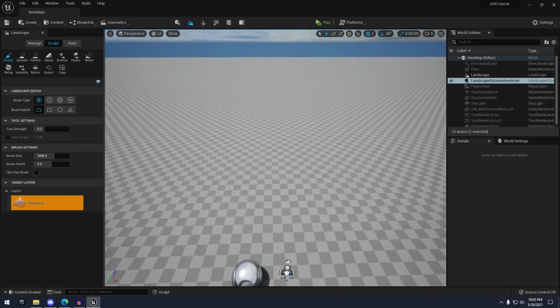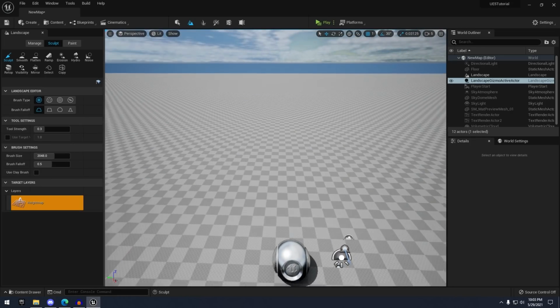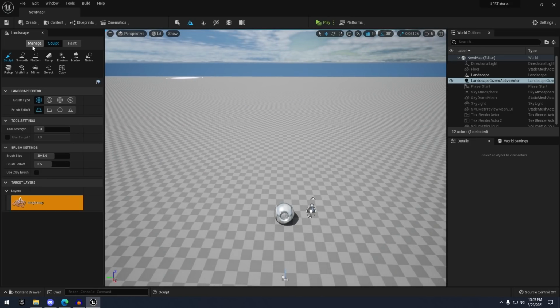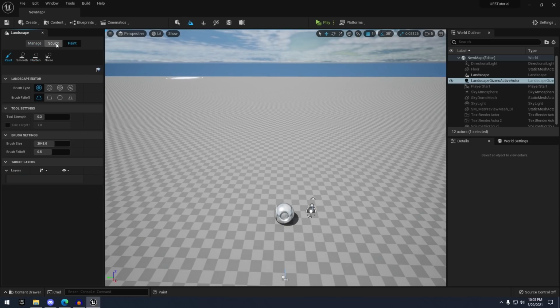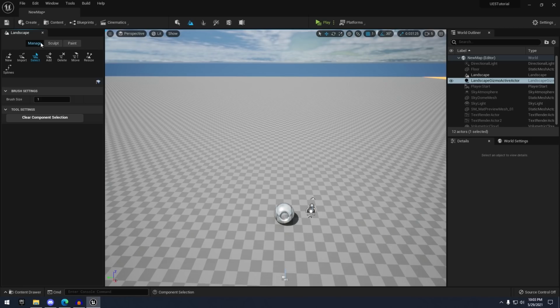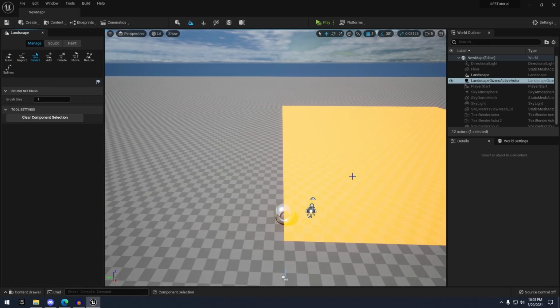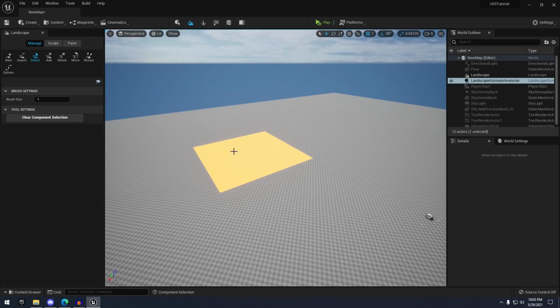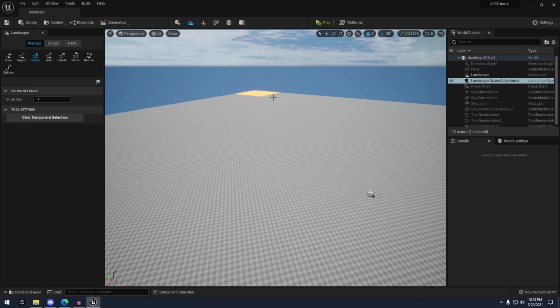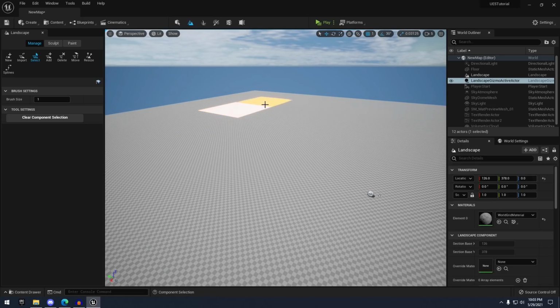So here we have our landscape. You can see here we have a few different options. We have our manage, sculpt, and paint. So first we'll start off with the manage. So here you can select each component. So say if you wanted to delete a couple components that weren't needed on the screen, you could select them